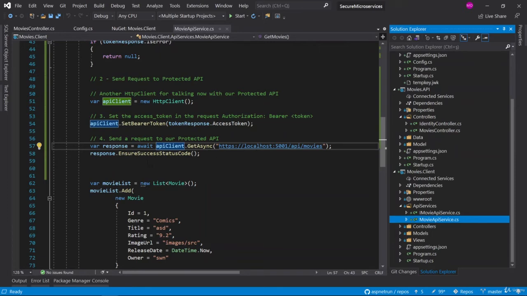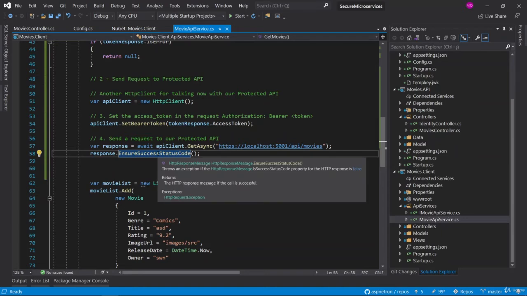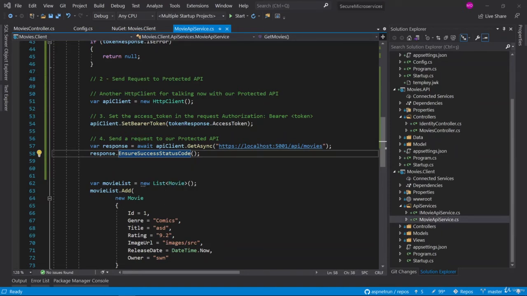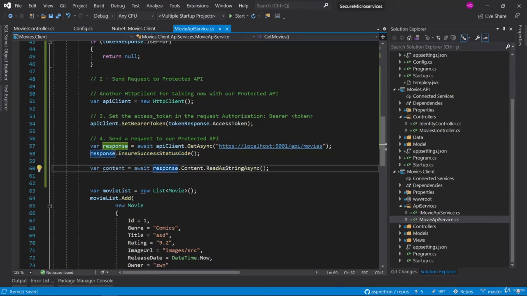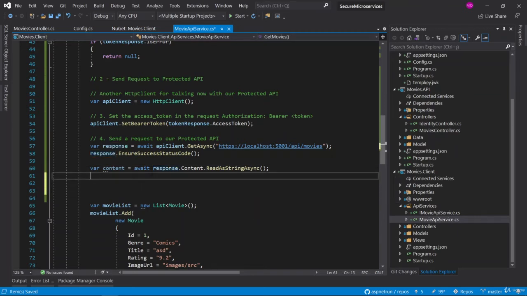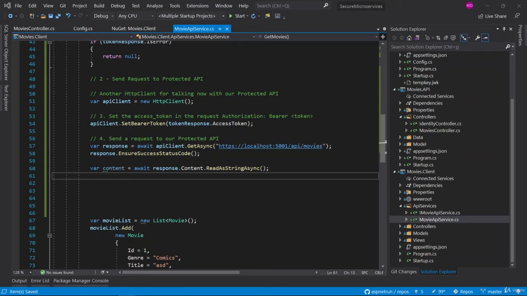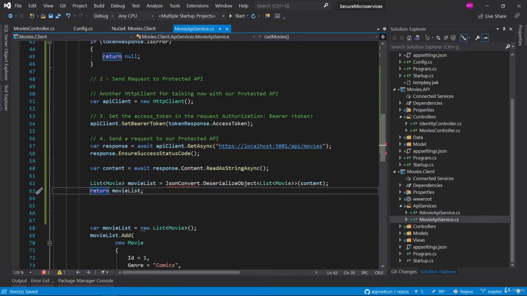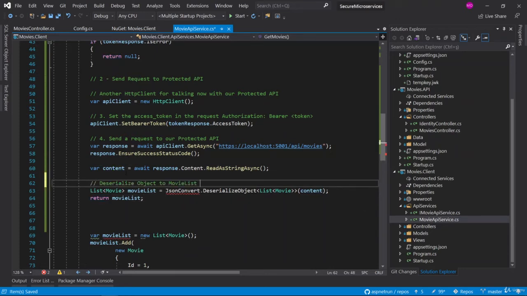And we can say EnsureSuccessStatusCode. This is for providing code to exception handling. And after that, finally we can reach our content using this information, response content ReadAsString. So we have read the response of this object, right? I mean the response of the HTTP request. The important thing is now we are going to convert this response into our movies object. For that purpose I am going to deserialize the movie object. So let me give the comment also in here.